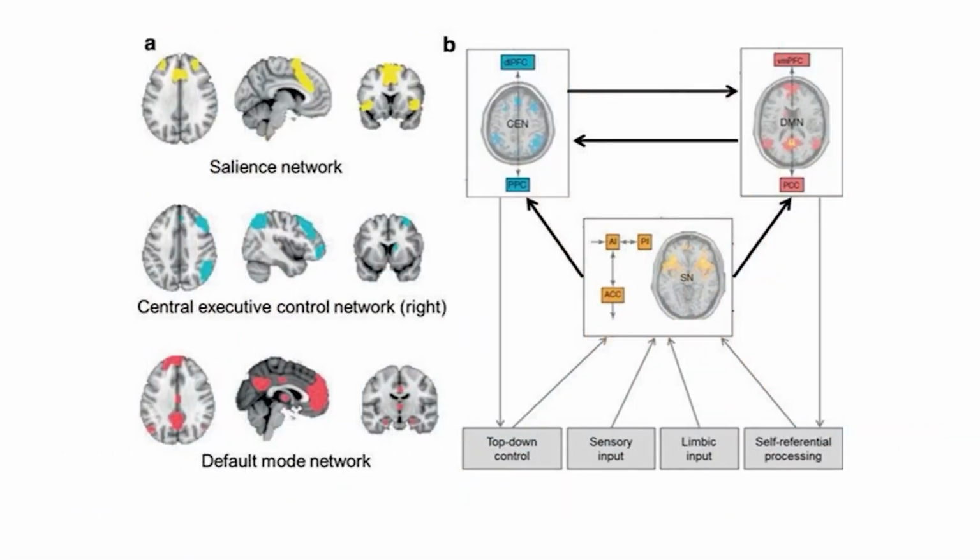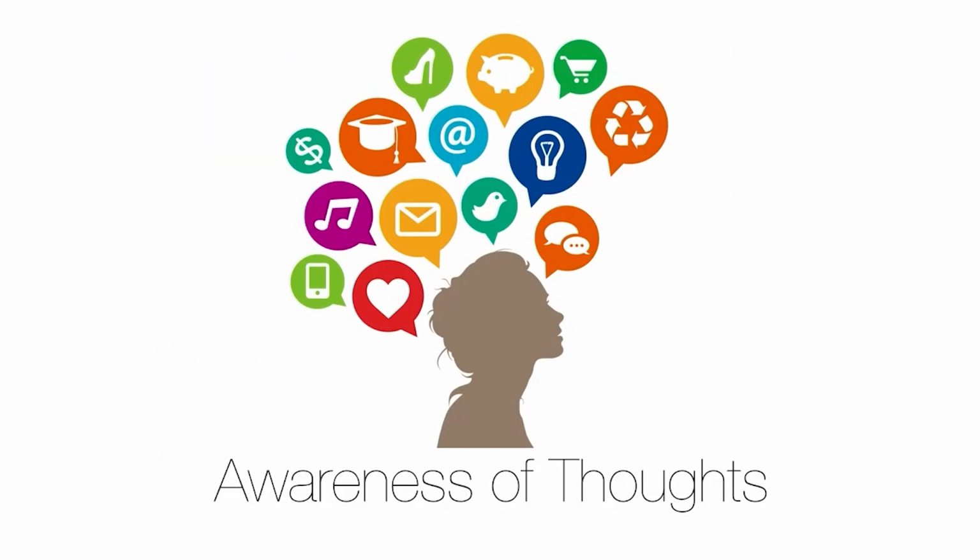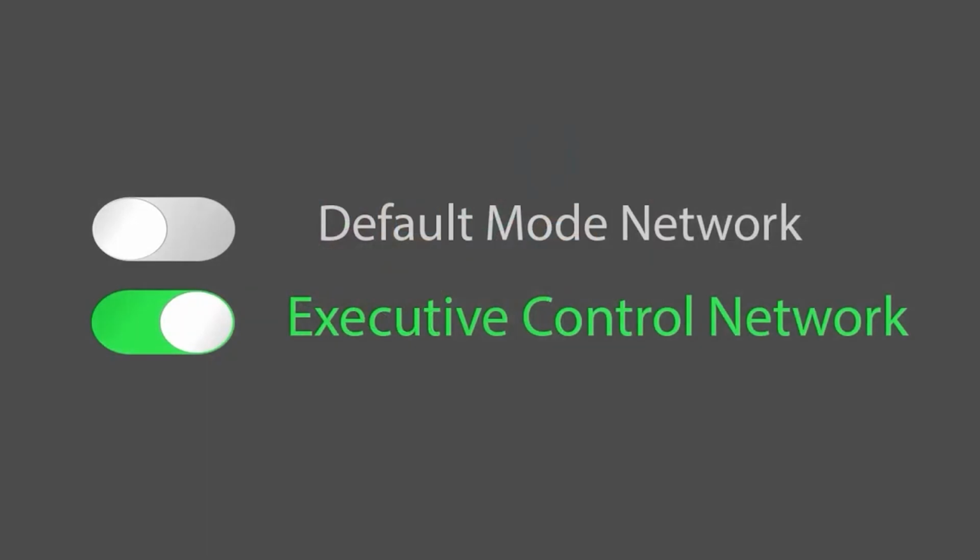Now we have introduced the main brain networks and the role they play in moving us from one state to the other. By bringing awareness to our thoughts, we can discover what our strongest magnets are. How and when do they pull our attention into their field? We can discern which network we are in and choose if that space is serving us, allowing us to switch